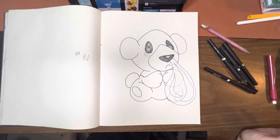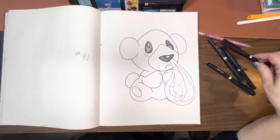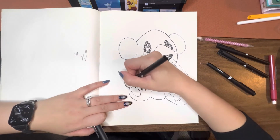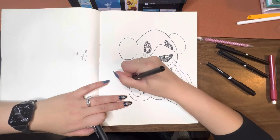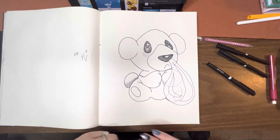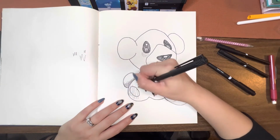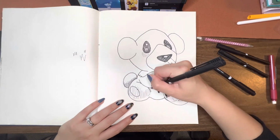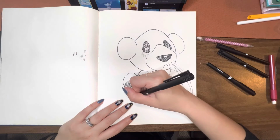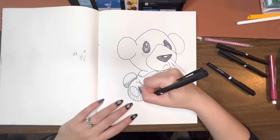All right, I'm going to shade into some areas. Cubchoo has a blue top and a white bottom, so the shading on the white bottom will be a little bit more minimal. I'll probably start there with this 0.4. I didn't notice any movement or lightening much from erasing over top of the marker, so that's quite nice. They didn't have any marking on the packaging. They were just in a clear package with no marking at all, so I didn't bother to save it to show you. They didn't say whether they were waterproof or what kind of ink was in them. I assume they're not waterproof, but